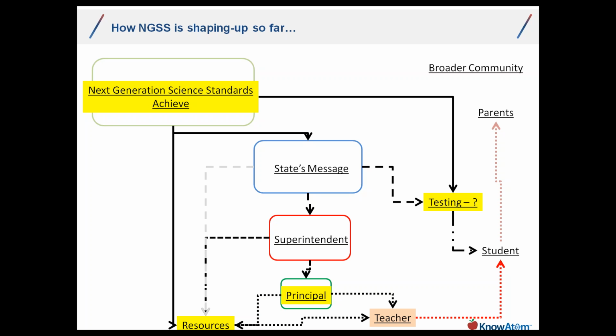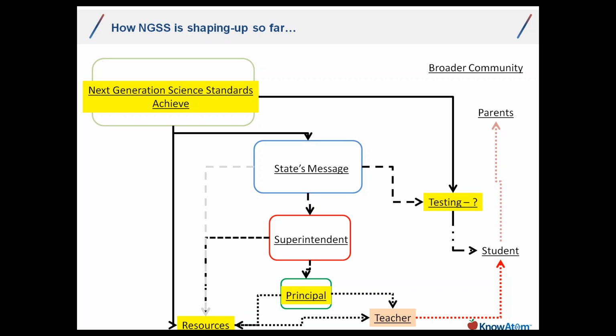So what we've seen so far with the Next Generation Science Standards is a good deal of learning. The Next Generation Science Standards have been developed by Achieve. One of the key distinctions, which I'm going to go into further in a moment, is that the Next Generation Science Standards are not coming out of policymakers and clubs of policymakers, but really out of the National Academies of Science and Engineering, the National Institutes of Health, the Carnegie Corporation. So folks who are very experienced in innovation and really see a legitimate need for these new standards